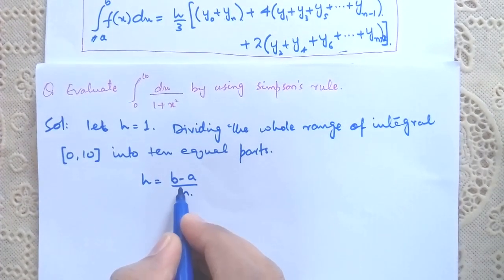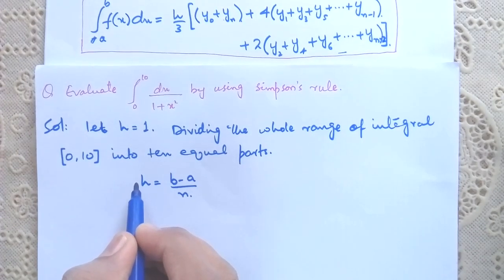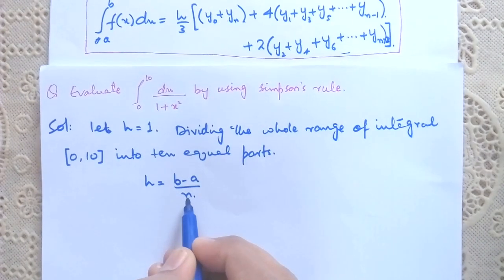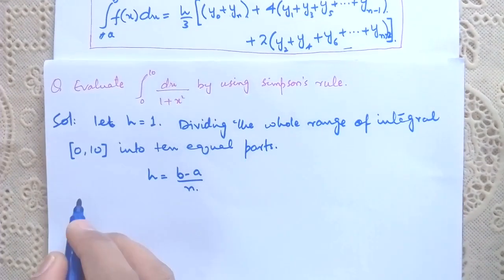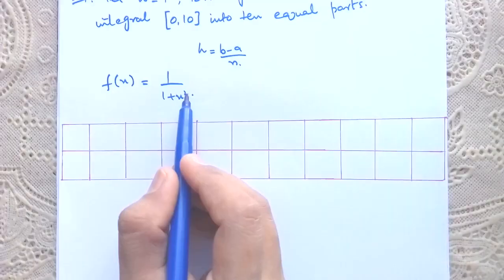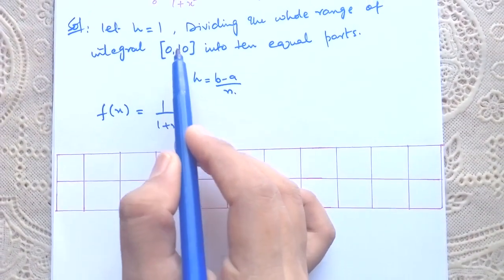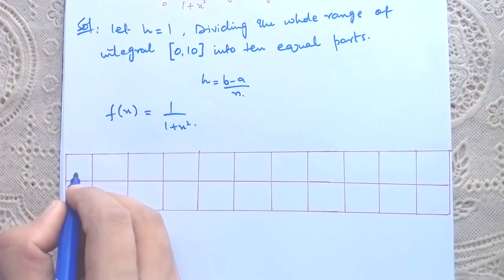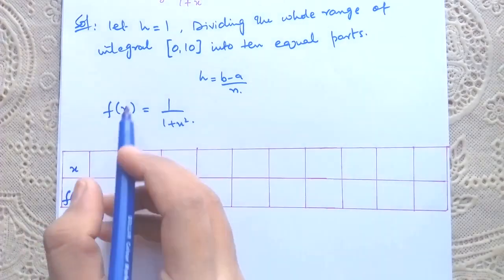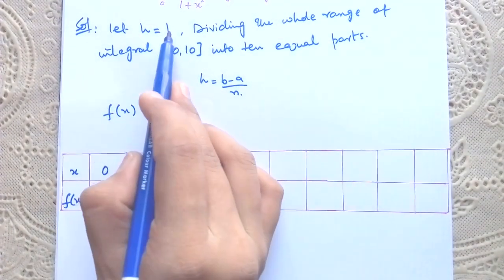Means अगर हमें n यानी number of intervals given है तो we can find the length of a subinterval, and if we are given h means length of a subinterval, then we can find the number of subintervals, right? सो फंक्शन है f(x) इज इक्वल टू 1/(1 प्लस x²)। नाउ अब जो इंटरवल को 10 इक्वल पार्ट्स में डिवाइड किया है उन पर हर एक पॉइंट पर वैल्यू ऑफ द फंक्शन इवेल्यूएट करेंगे, राइट। तो ये है x और f(x)। सो x होगा 0 1 2, लेंथ है 1, h इज इक्वल टू 1।